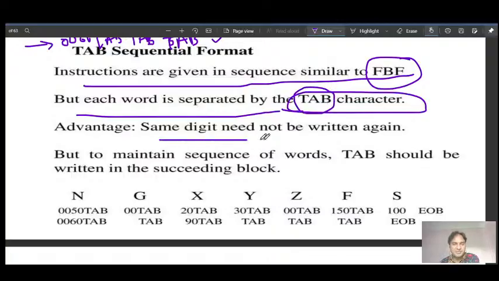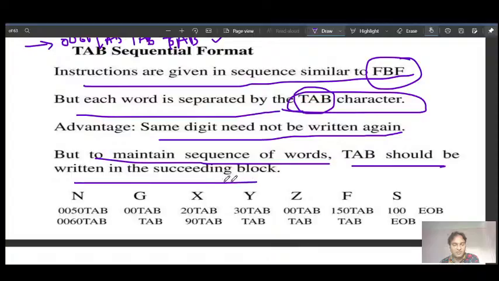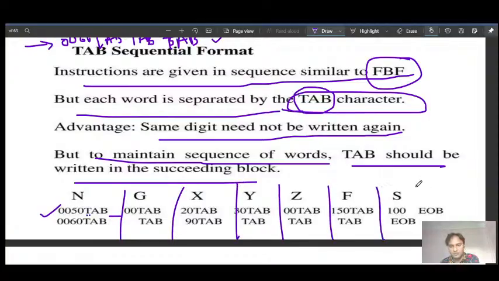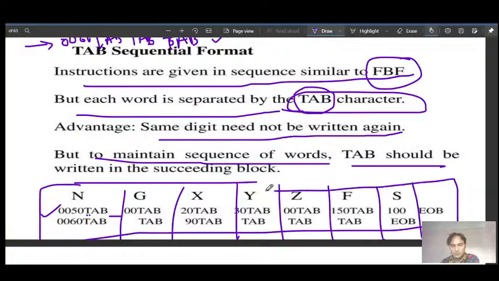Then the advantage: the same digit need not be written again, but to maintain the sequence of words, a tab should be written in the succeeding block. So as you can see, this block number, tab. So here you see tab space, and again we have this block. So in this block, in the first code, and along with this, I just missed a point in the discussion.